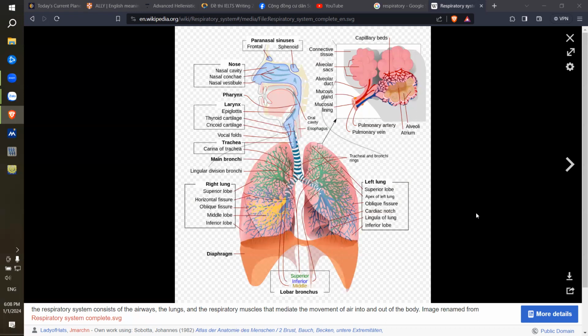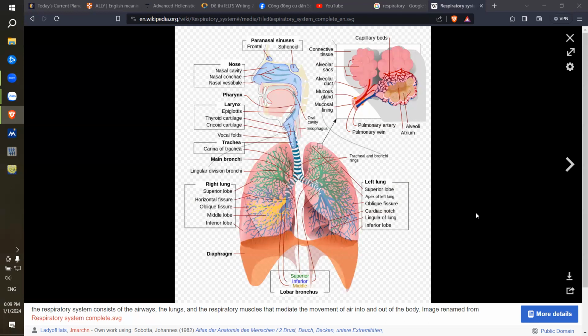The process of breathing starts with the contraction of the diaphragm, which is a dome-shaped muscle at the bottom of the lungs. When the diaphragm contracts, it moves downward, expanding the chest cavity. Simultaneously, the external intercostal muscles between the ribs contract, lifting the rib cage and further increasing the volume of the chest cavity. This decreases the pressure inside the chest cavity and creates a negative pressure, which draws air into the lungs through the nose or mouth. This is called inhalation.